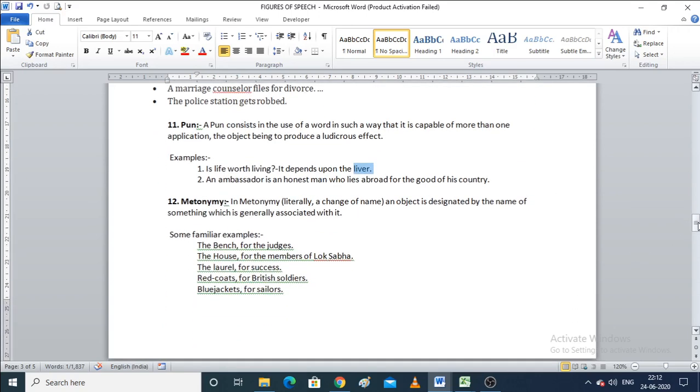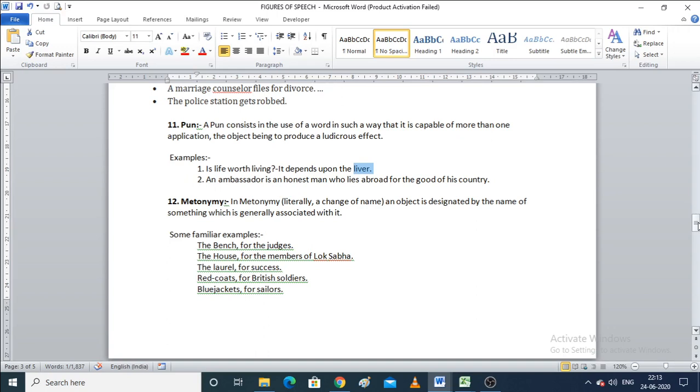Now the 12th one, which is metonymy. In metonymy, an object is designated by the name of something which is generally associated with it. I hope this is very much clear with this line only. For example, a very basic, or you can say a dumb example, but it will be understandable. For example, for toothpaste, we were